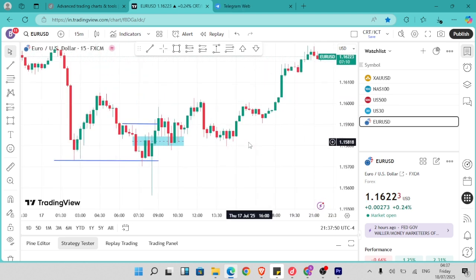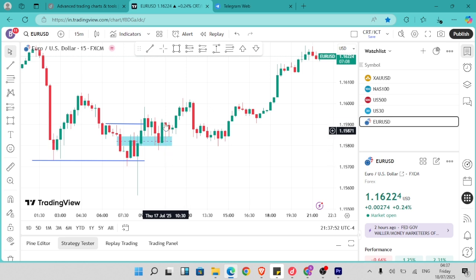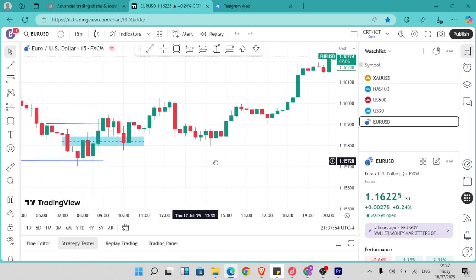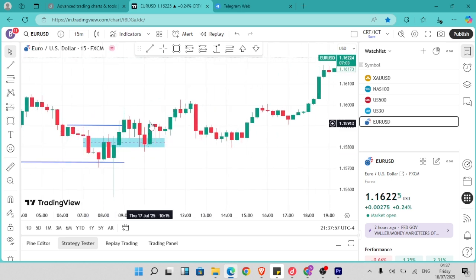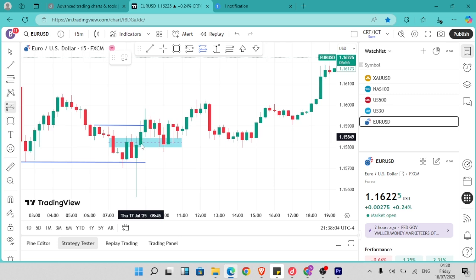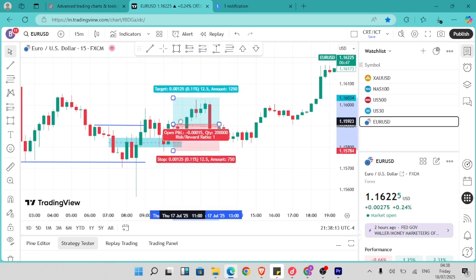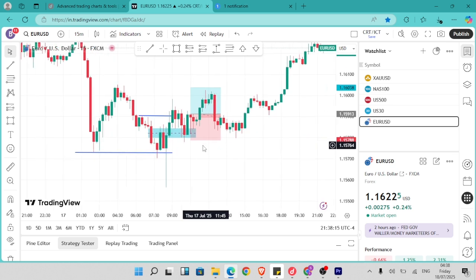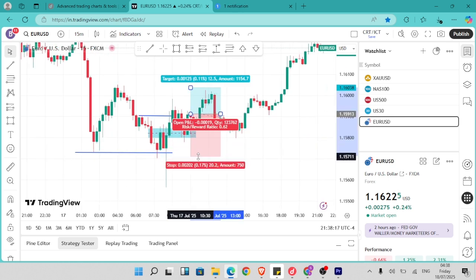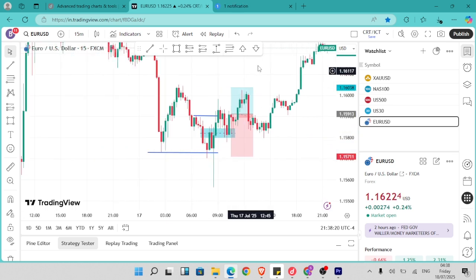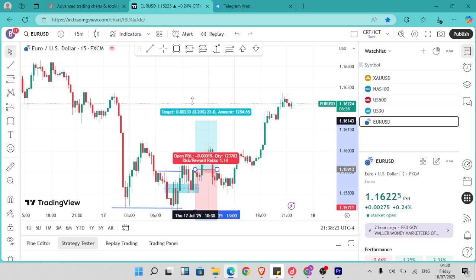And then a retest of the fair value gap, a bullish engulfing candle of this inverted fair value gap, which would now mean price is going to go higher. So a typical entry would be maybe at this point, at the close of this candle. And then stop loss there and take profit at this previous high